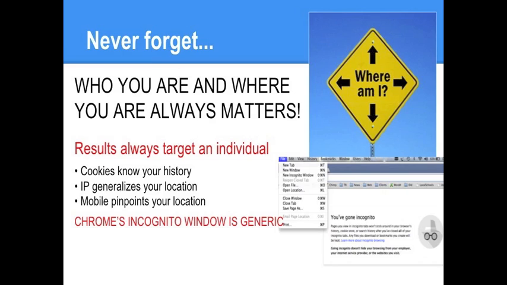One of the best ways to test this, and it's not perfect, but it's kind of the best free thing out there, is if you use Google Chrome, and it should work on any operating system, you can open Google Chrome and you'll get into something under the File tab where you'll see New Incognito Window. And that basically hides your browsing history. So it's the closest you can get easily to saying, I'm just Joe Public, anonymous person. I'm looking for a business. What are the results going to be? So if you want to check out how am I appearing in Google, do it through an incognito Chrome window.